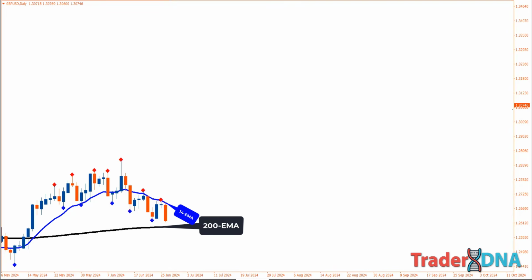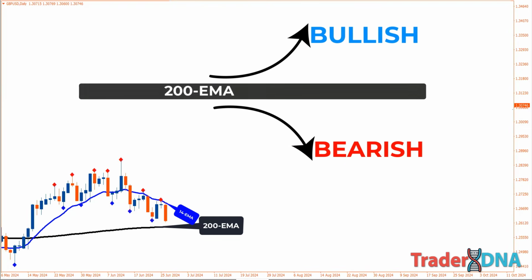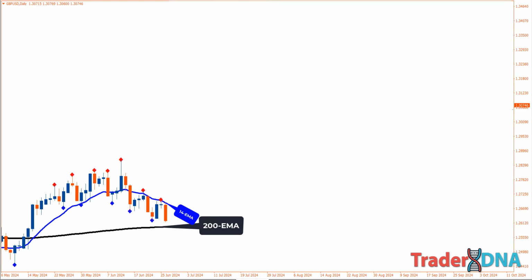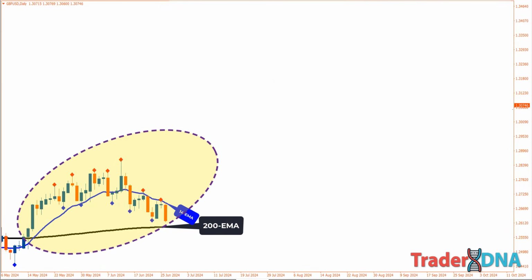If the price is above this moving average, it suggests the market is in an uptrend, while a price below it indicates a downtrend. This simple filter helps you trade in the same direction as the overall trend, increasing your chances of success. Now, let's simplify the modified fractal breakout strategy. If the price is above the 200-period moving average, it means the market is generally bullish, uptrend. The best time to enter a trade is when the price resumes its upward trend after a temporary dip below